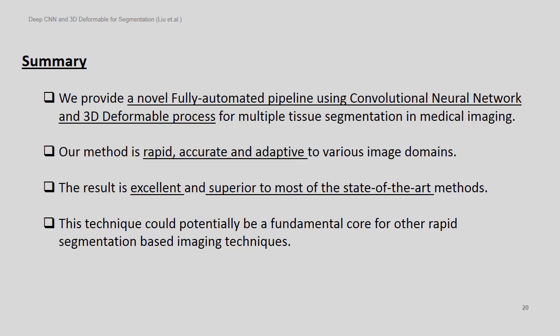To summarize the current study, we provide a novel fully automatic pipeline using convolutional neural network and 3D deformable process for multiple tissue segmentation in medical imaging. Our method is rapid, accurate, and adaptive to various image domains. The results tested are excellent and superior to most of the state-of-the-art conventional methods. This technique, utilizing convolutional neural network and 3D deformable process, could potentially be a fundamental core for other rapid segmentation-based